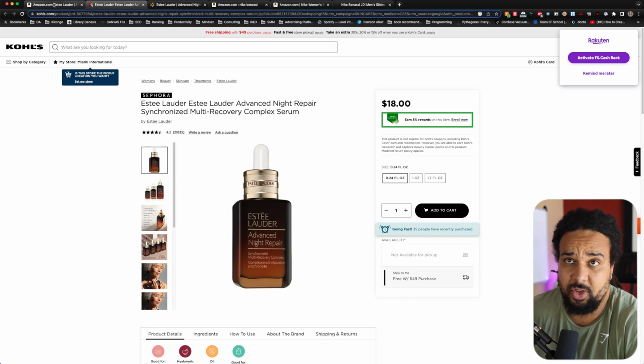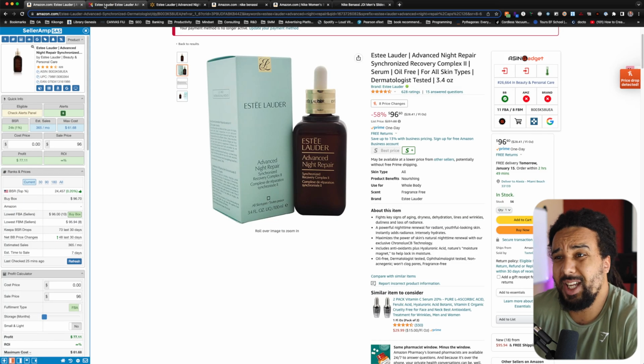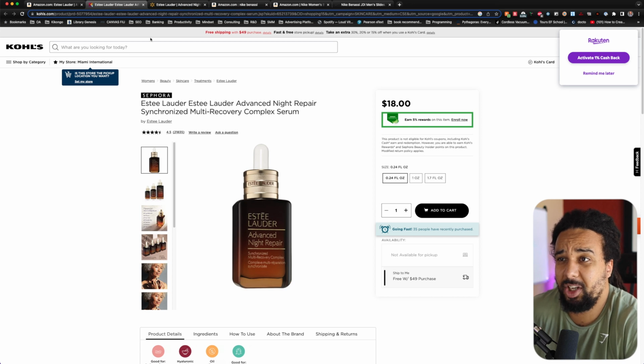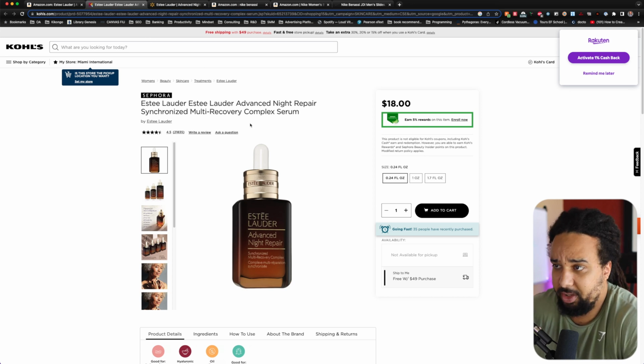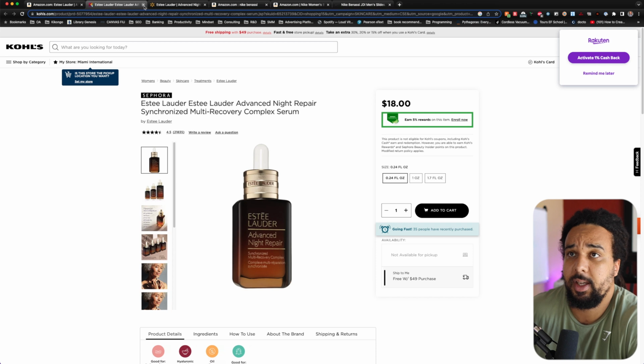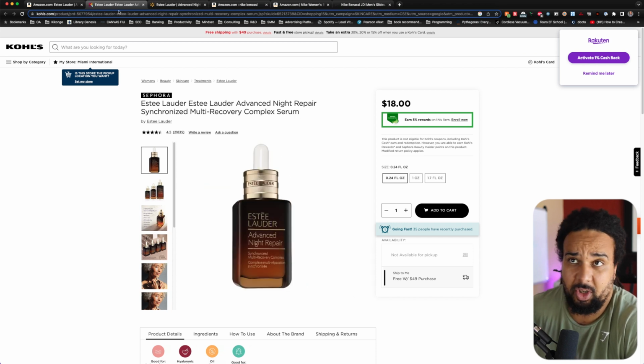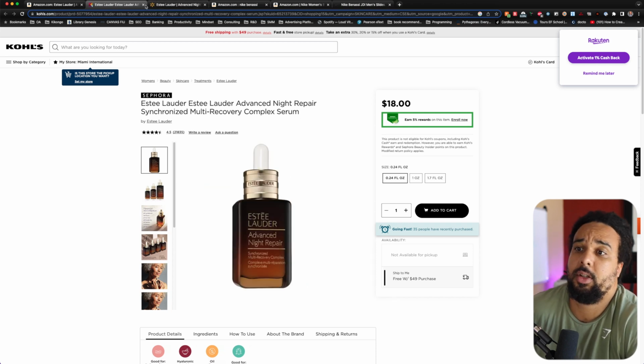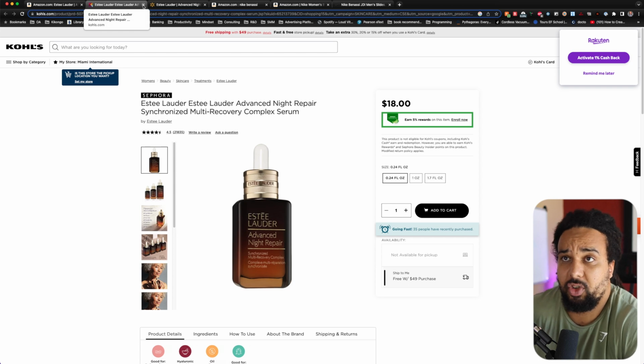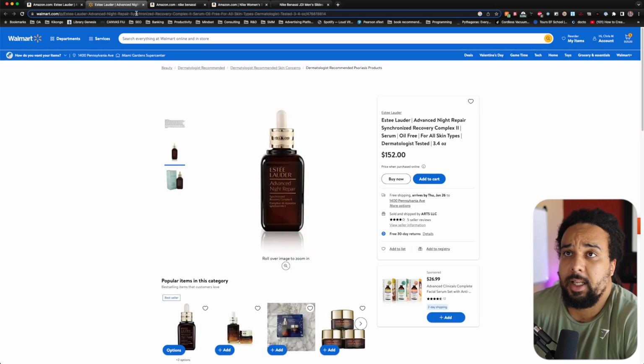And it could be that it's just not the case and it's 2 different products. So it pretty much looks like it's the same product, but it's just not the same size. So we are going to skip it. We cannot buy it here because they do not have the right size. But it looks like it's the same product, just a different size. So let's go to our next source, which is